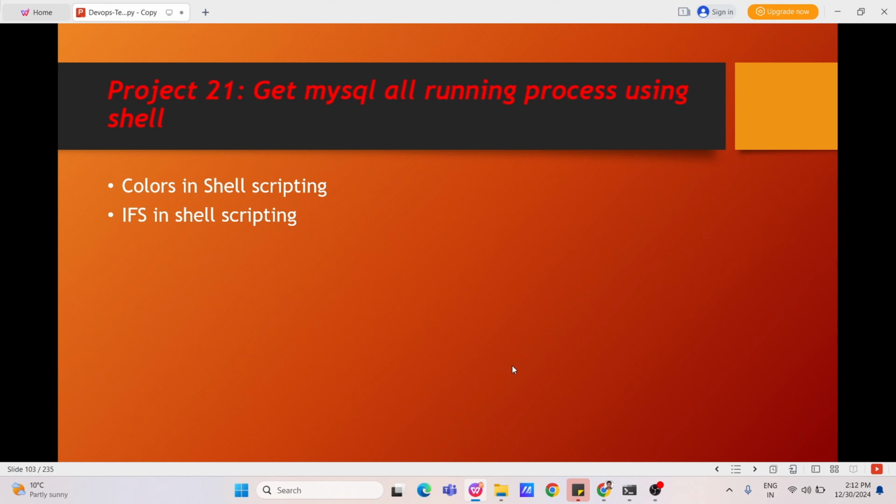Welcome to day 21 of our projects related to MySQL shell scripting. In today's project, we are going to learn and automate connectivity to a MySQL database and check which processes are running inside my database. In this shell scripting, there are only two important concepts which I am going to